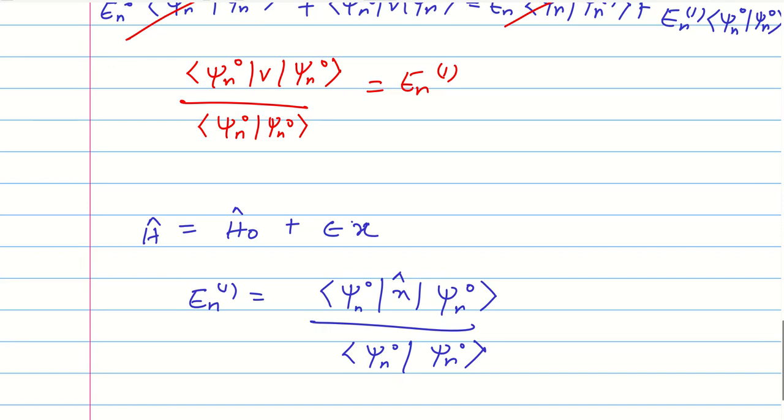So these are the eigenkets of the unperturbed Hamiltonian. So these are the eigenkets of this Hamiltonian. So this is the first eigenstate, this is the second eigenstate, this is the third eigenstate, okay, and so on. So you have understood how to calculate the first order correction in energy.